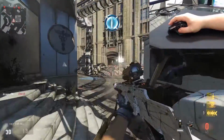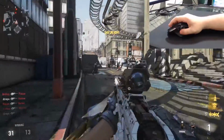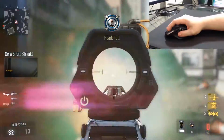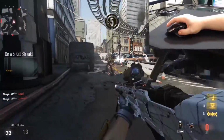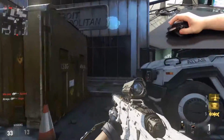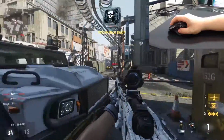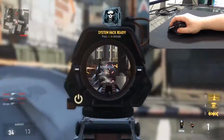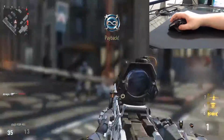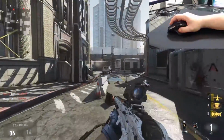Good lord! Oh, come on! There we go. I don't understand that. There we go. So I'm able to be a lot more precise. I'm just underestimating how much movement it takes to pull off these shots. See, like that, I whipped up a little bit and then I flicked, but I messed up the flick. I tried to look up a little bit, but I did a smaller movement than